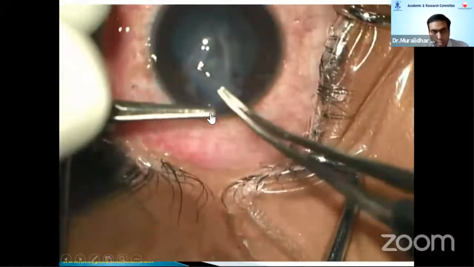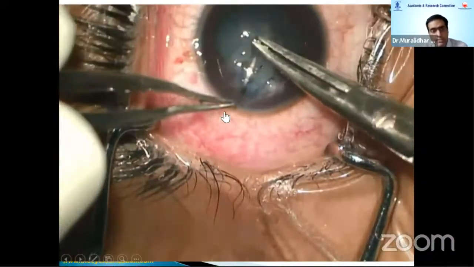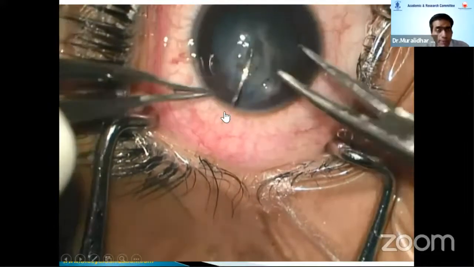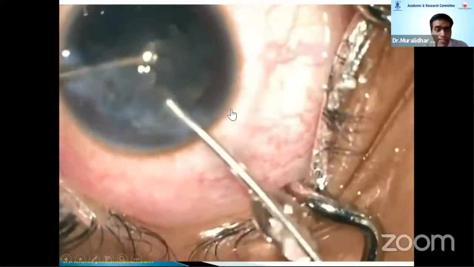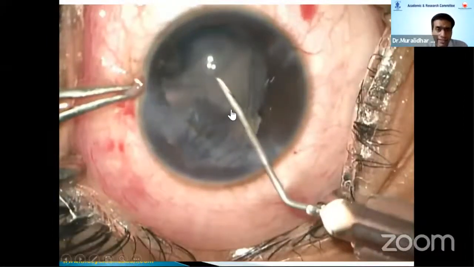So we did it in 2 stages. We repaired the perforation. In this patient, just 2 stab incisions are enough. And you can use a bimanual rhexis. Finish off the PPC. Please note that the PPC tends to fibrose very fast in traumatic cataracts.